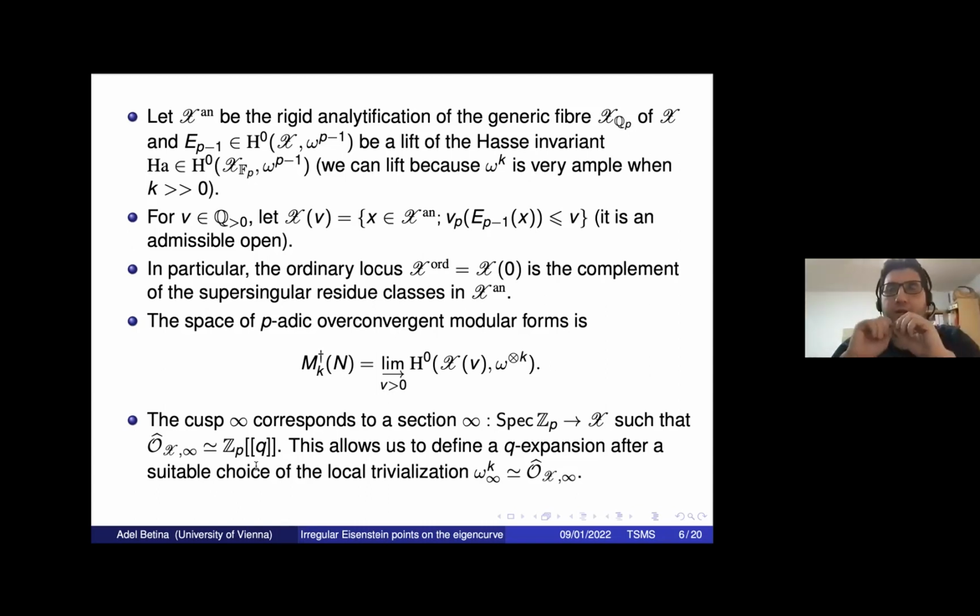And you fix a specific trivialization, because the universal elliptic curve in a formal neighborhood of a cusp is just the Tate curve, and it has a specific, somehow canonical generator of the differentials, which is